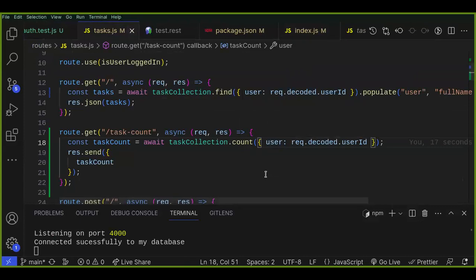Then what is left? Then distinct in Mongoose, right? Distinct in Mongoose looks similar, right? So distinct is used to get distinct data. Like for example, if you have duplicate data, for example,